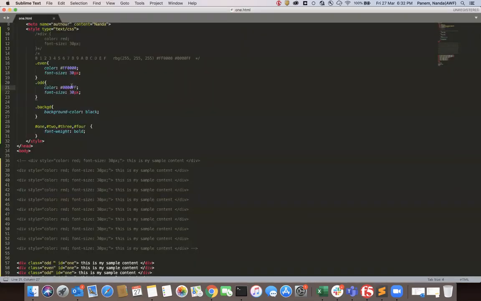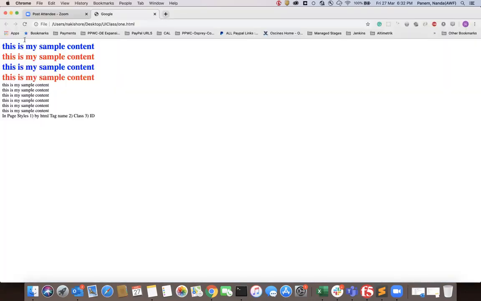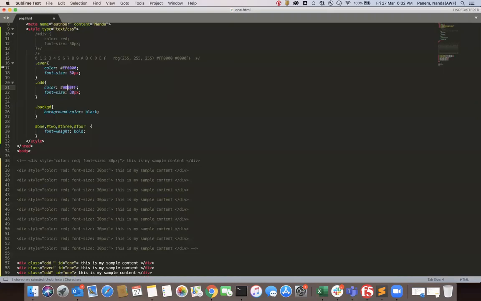If you want to get a white color, we can provide FF for all. If you fill red, green and blue all with 100 percent, you will get a white color. This is the way to provide styling to an HTML page using the red, green, blue concept.